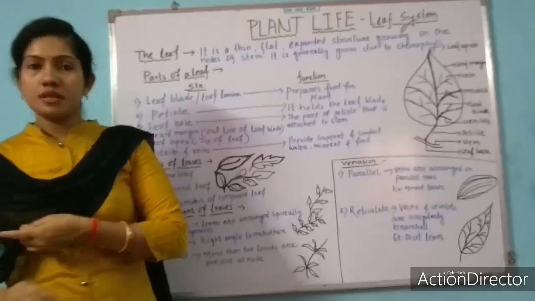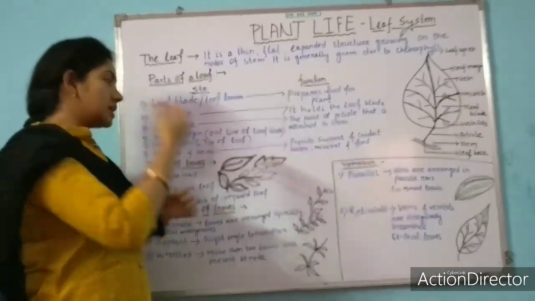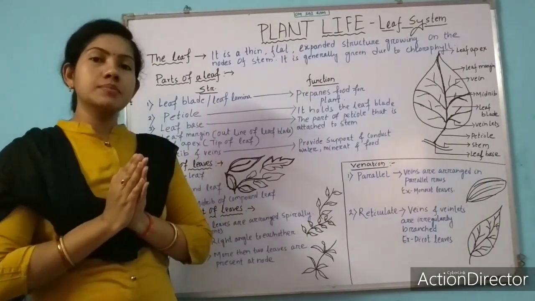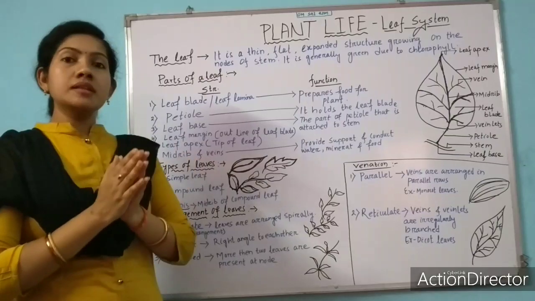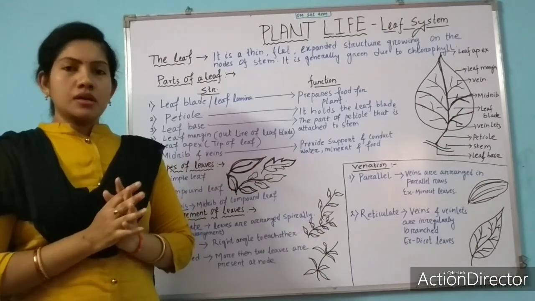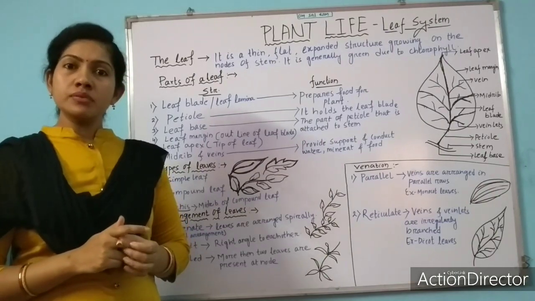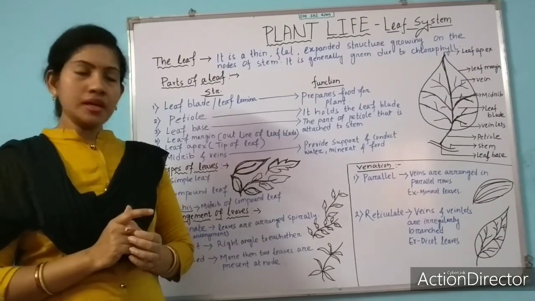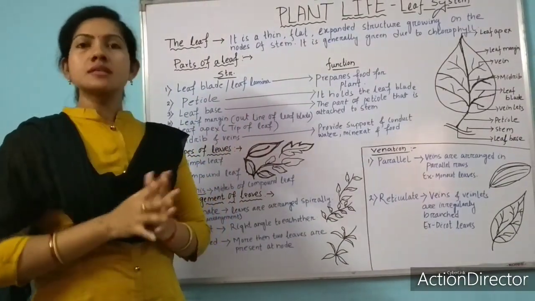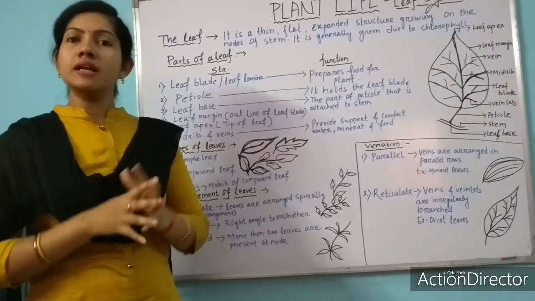Got it? So these are two types of leaves, simple leaf and compound leaves. Simple leaves are the leaves where leaf margins are not divided. If divided, it should not touch the midrib. Compound leaves are where the leaf margins are divided and again touch the midrib. I think most of you have seen the rose leaf. Rose leaf is a kind of what? Compound leaf. And mango leaf is a simple leaf. So you can see in your garden several types of simple and compound leaves.